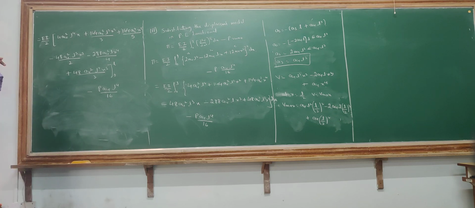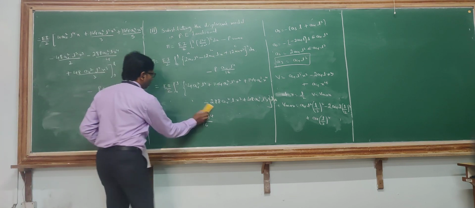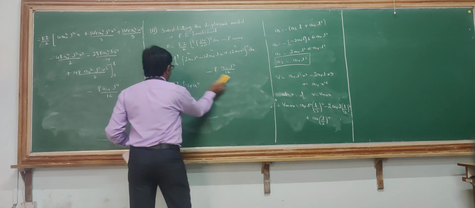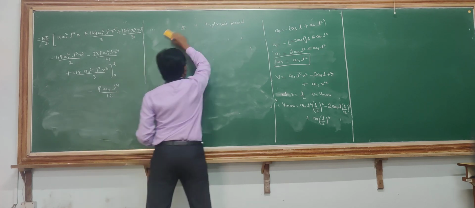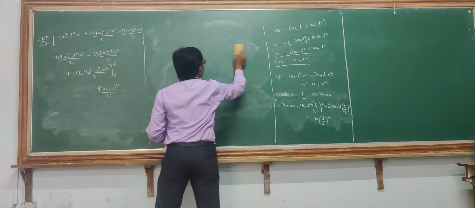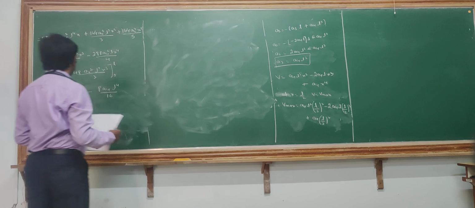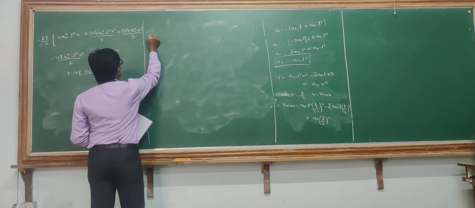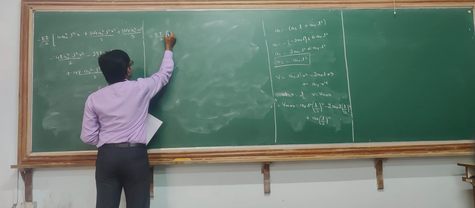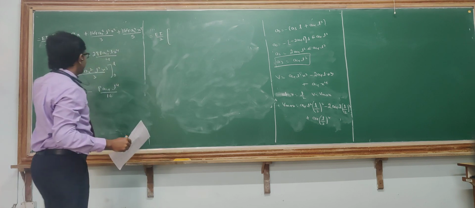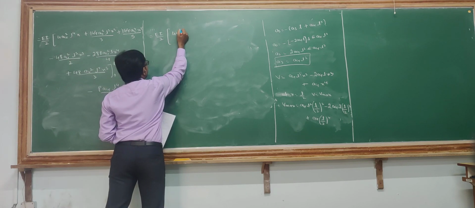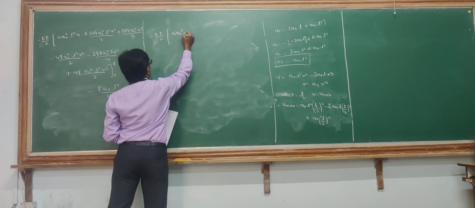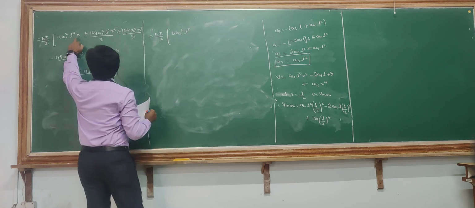Okay, so we need to now put the limit values here. So I will solve completely this problem and then later I will just substitute the answer. So these are some lengthy problems, you need to practice them, then it will be easy for you to do the solution. So this becomes EI by 2, I will just put the limits here, the limits are simple, 0 to L, so only L parameters has to be substituted. So it becomes 4a4 square into L raised to 5. I have to put L here.